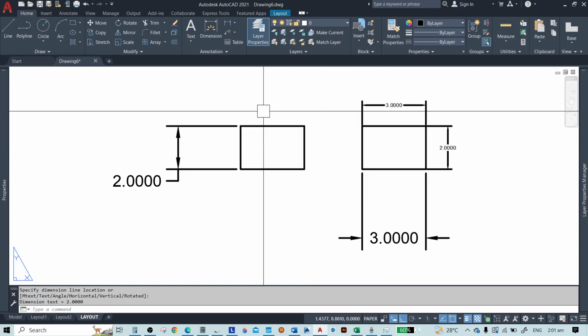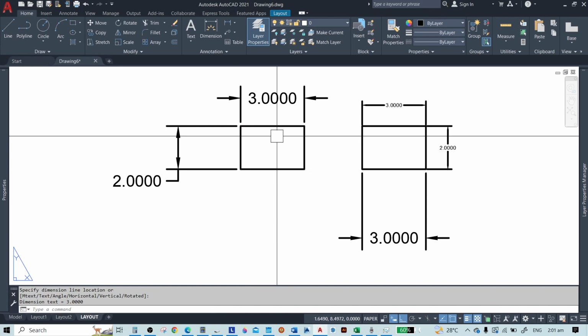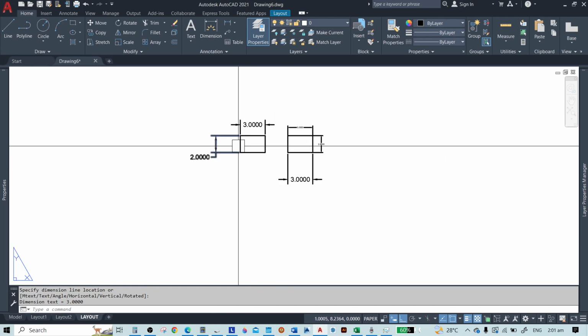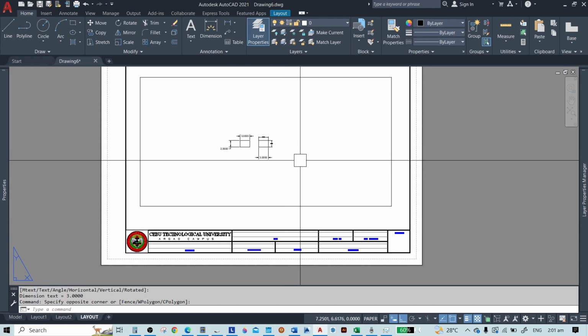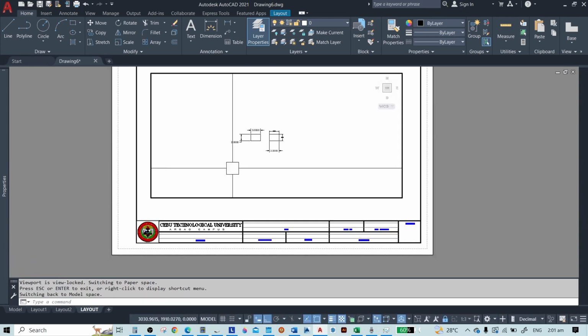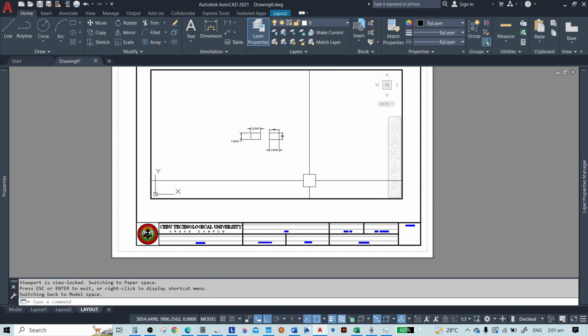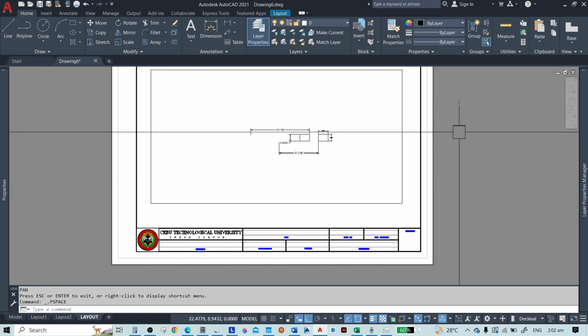Okay, so there are instances like that, so I don't want you to do it. Another thing is that if we move our drawing, for example, oops, this is locked, so let's unlock it. Okay, so this happens.